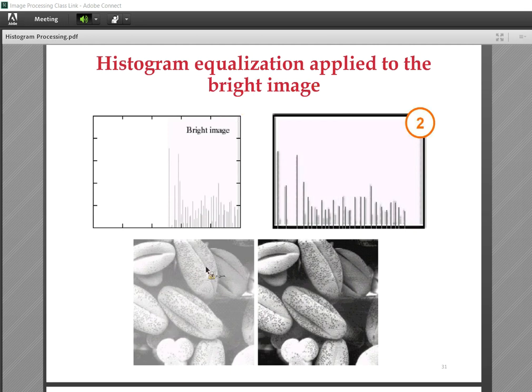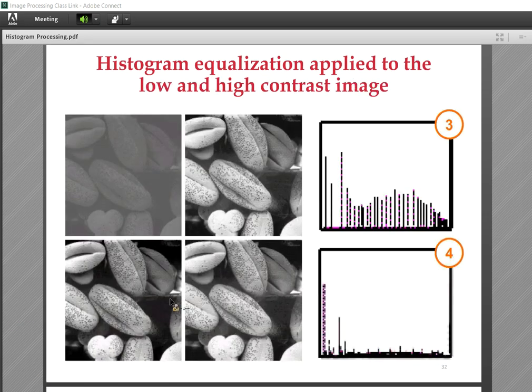For the bright image, you see this image and its histogram located in the higher intensities, okay. After equalization, you see again extension from 0 to high intensities, okay, and more flatness, okay, compared to the original. And this is the resultant image. The resultant image is very much better than the original one. Again, the equalization for the bright image, okay, dark image here, bright image, and go for the next item,